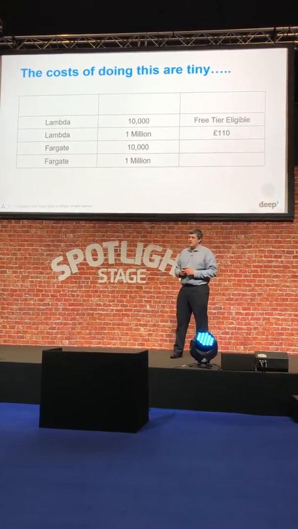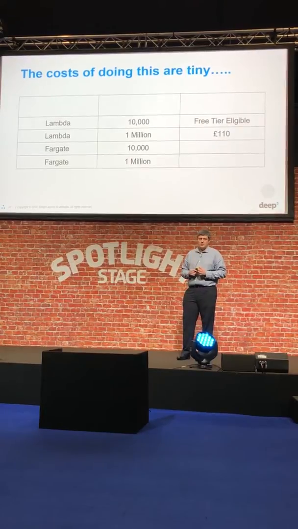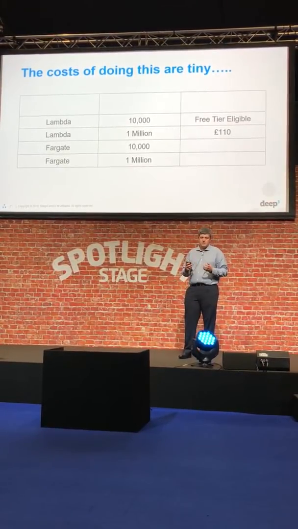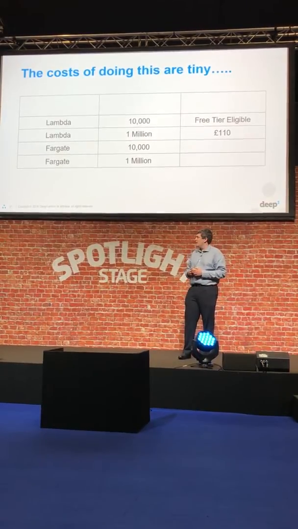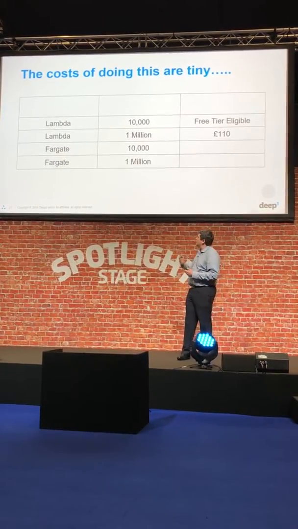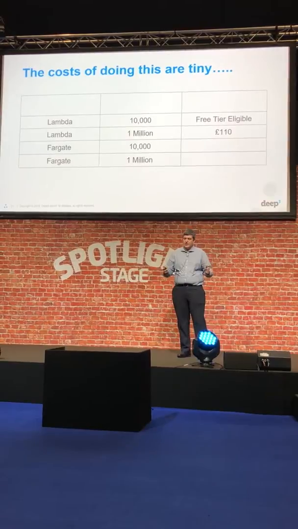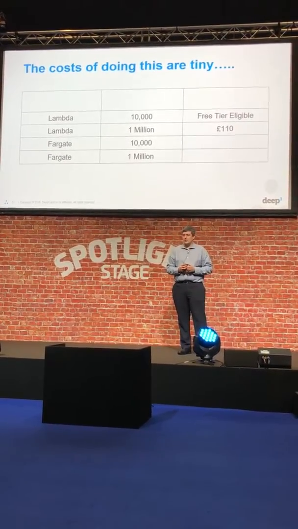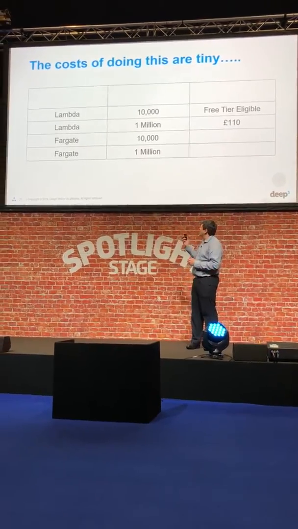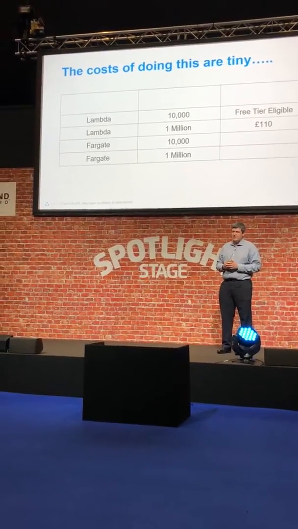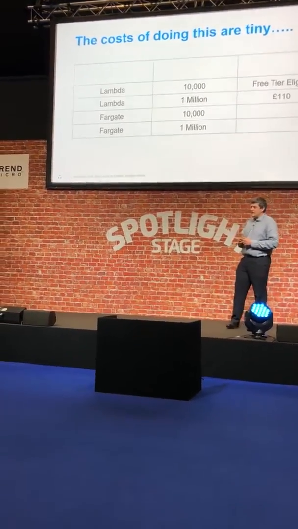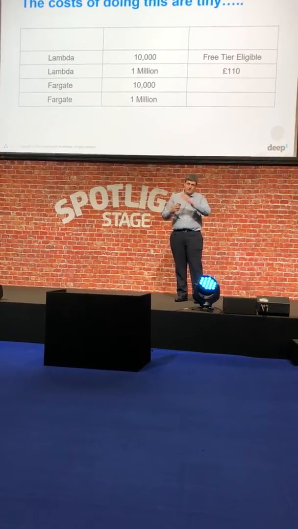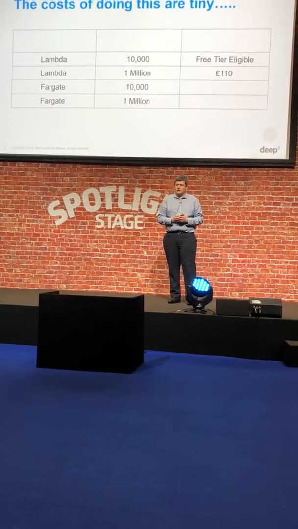The Fargate one works out a little bit more expensive because of the way that the billing works. With Lambda functions, you're billed per 100 milliseconds, so it's quite cheap. The quicker you finish, the quicker you stop getting billed. But with Fargate, you get charged 60 seconds as a minimum. You're creating a Docker instance there, and you have to pull down the Docker container each time. So for about 10,000, it's about £5 or something like that. If you get to 1 million, it's about £500 or something around that. Which again, if you're going to speak to the AWS guys, you might be able to negotiate down as well if you're doing 1